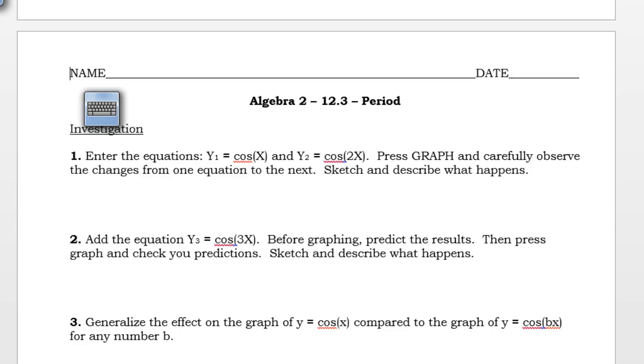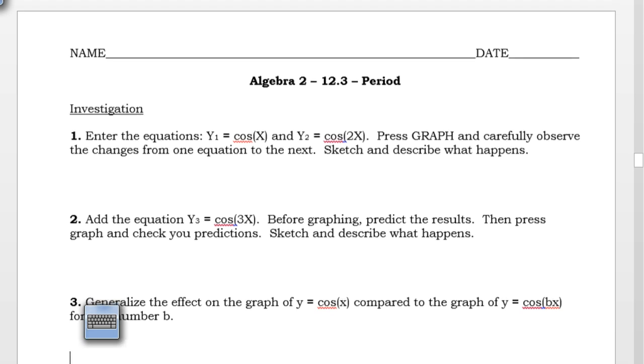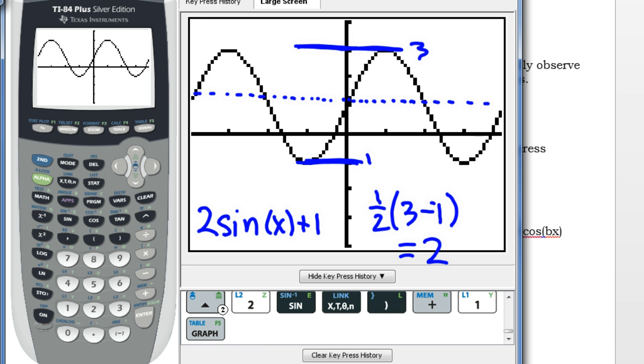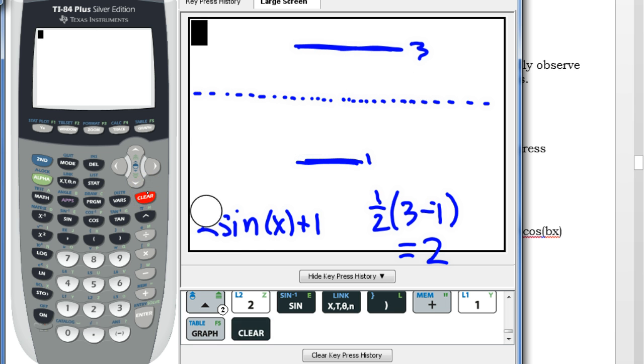This is Algebra 2, Lesson 12.3. We're going to investigate on the calculator again different changes to our graphs. I'm going to use cosine this time instead of sine, but the effects are the same for both sine and cosine. So on my calculator,